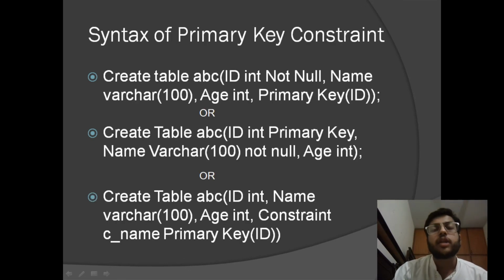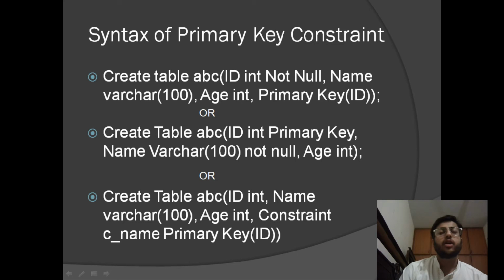Now here are some syntaxes through which we can add the primary key constraint into our database. So how can we do it during the creation of our table? The first query is create table ABC (ID, name, age, primary key (ID)), right? Now what we are doing over here is writing the keyword primary key, the constraint, in the end, and then the column on which we want to apply it. Over here we are giving the ID, so the ID will act as the primary key column for the table